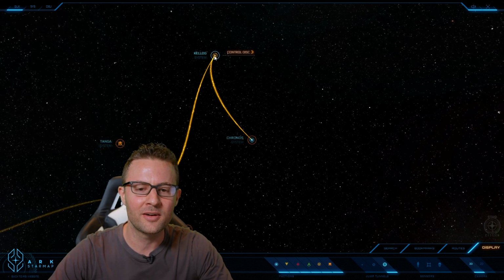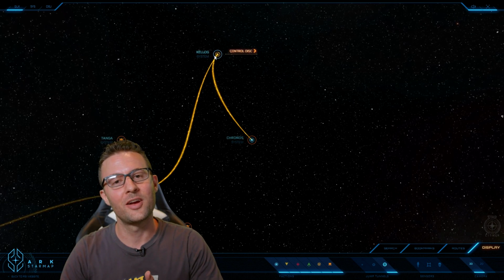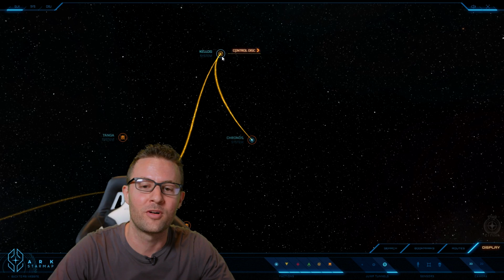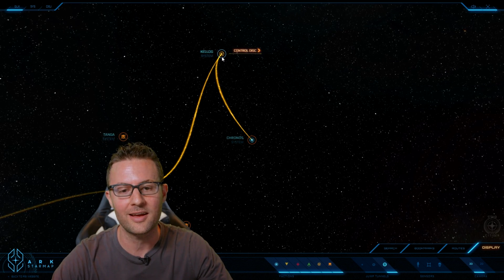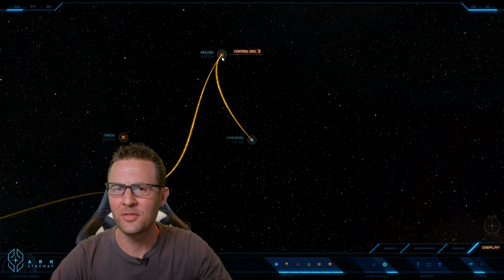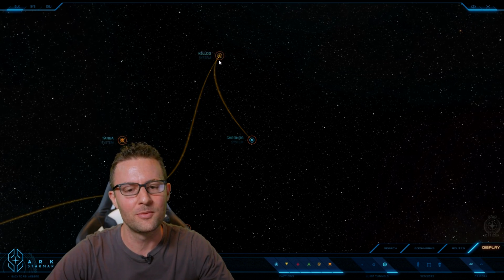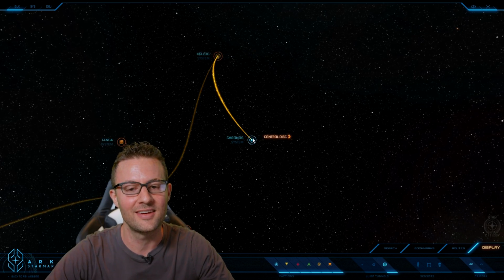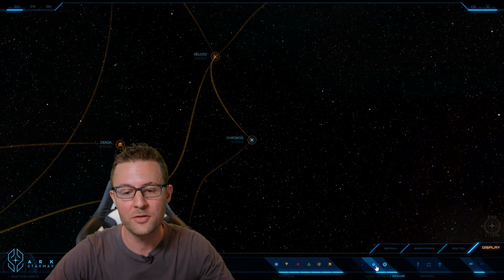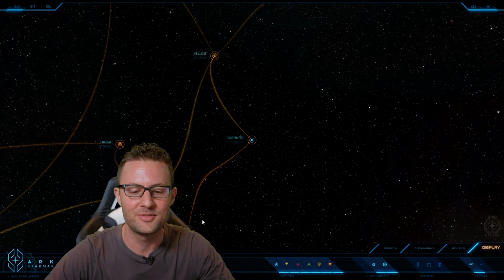Now, for those that are familiar with Kellogg, not only does it have protected planets because of the sentient species that are on one of the planets, it's also home to Quarterdeck, which is the massive UEE prison that's there. So there's really not a lot of reasons to go to Kellogg in the first place, which made it interesting why, even though Chronos is connected to it, the UEE would hold on to it. There's one other jump point that connects Chronos, and it goes to Branagh, which is an unclaimed system that's